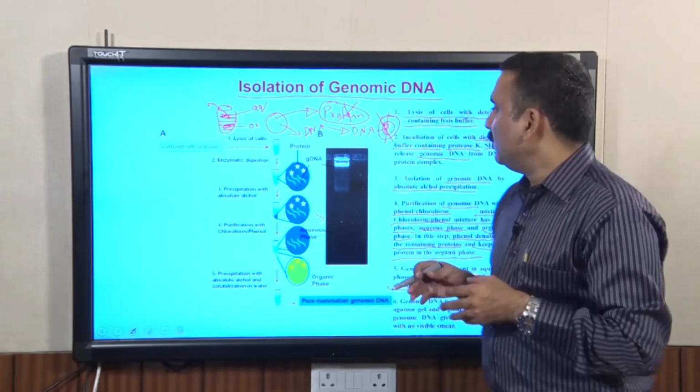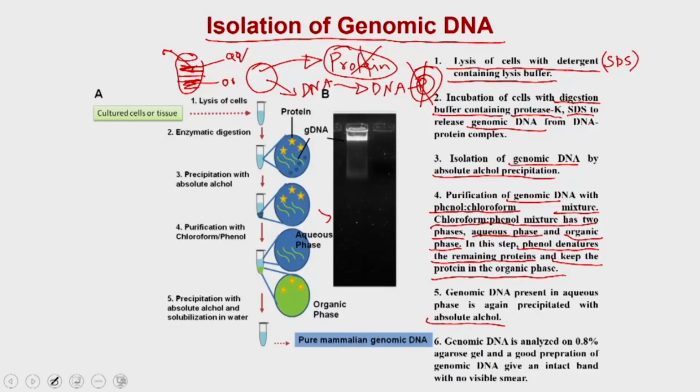How to do that? When you run this genomic DNA on an agarose gel, you will see an intact band of genomic DNA, and the other characteristic feature of genomic DNA is that it runs very close to the well. If you load this into the well, genomic DNA is normally very heavy. If it is not fragmented and is intact, it will run very close to your well. The other thing is, you also have to look for any kind of